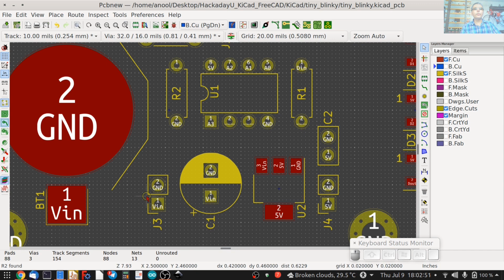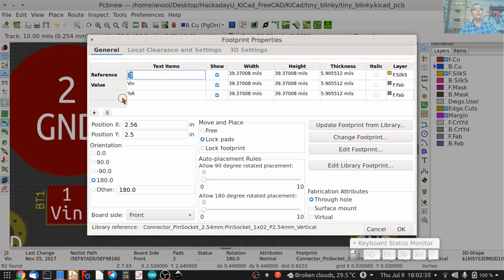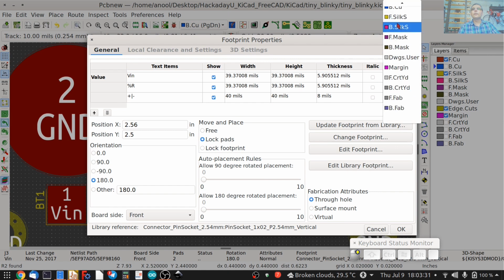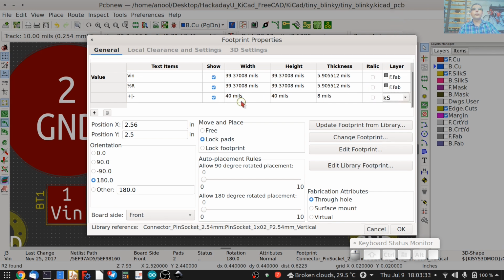The way that works is you hover your mouse over a footprint and press E to edit it. And if you look at this table over here, you can add your own rows with specific text items that you need placed with this particular footprint. So I click on plus, plus, 5, minus, and it needs to be on the front silk layer, and click OK.